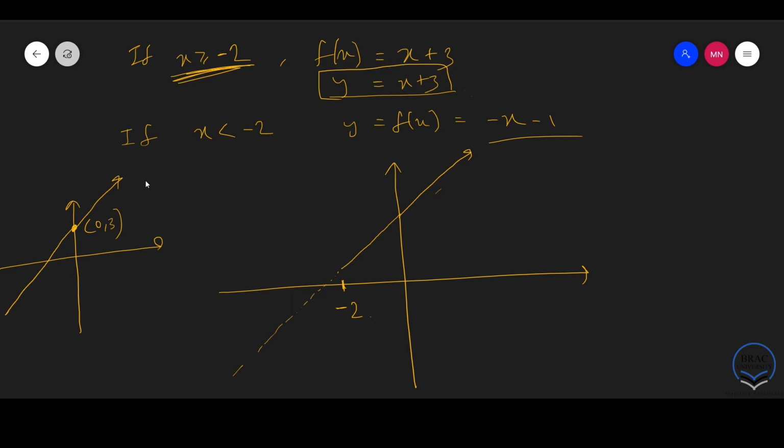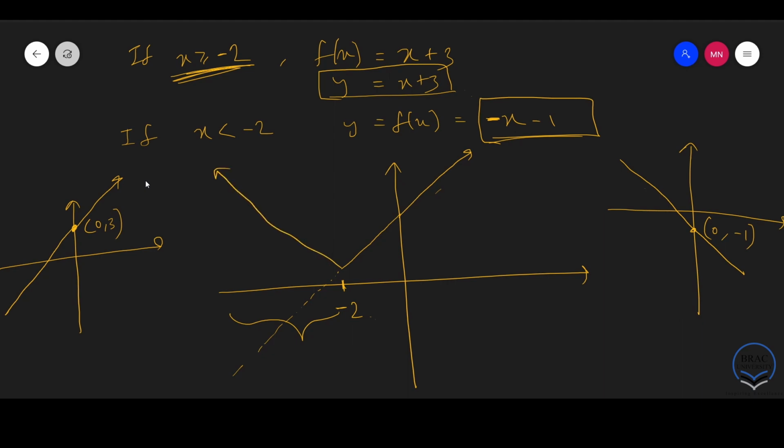Now for when x is less than minus 2, so for this portion, we will draw the graph of minus x minus 1. So the slope for this graph is negative, since the coefficient of x is negative. So the graph for minus x minus 1 will be like this, where this point is our y-intercept. We have 0, minus 1, right? So let's draw this graph. We will have a graph that looks like this,